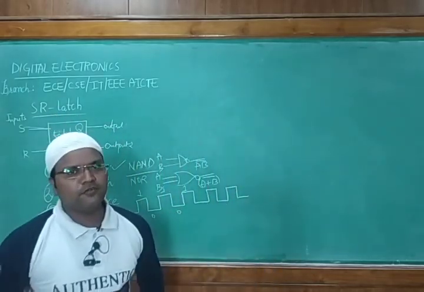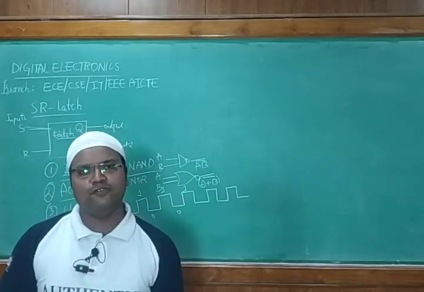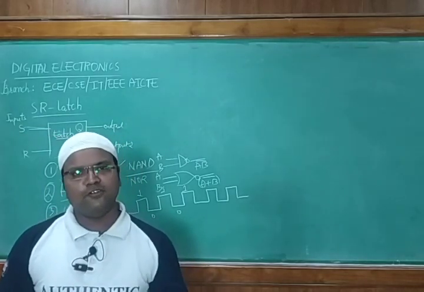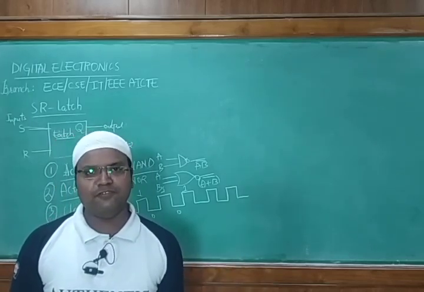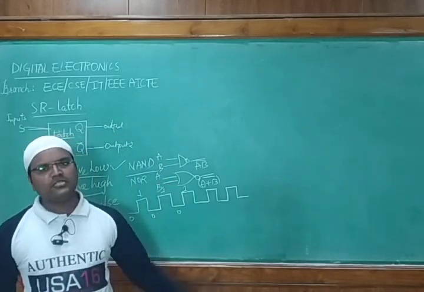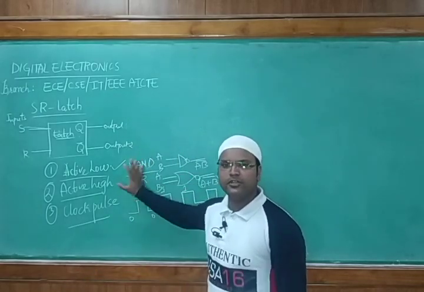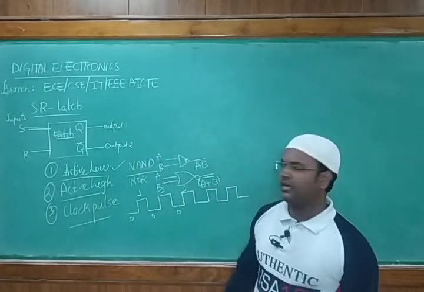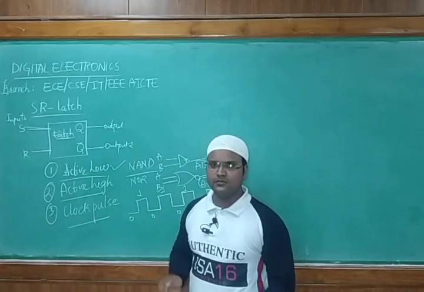In the sequential circuit we have talked about the SR latch, JK latch, and we have the flip-flops of it, the same version: SR flip-flop, JK flip-flop, data or delay flip-flop, and toggle flip-flop, T flip-flop. So there are four types of flip-flops we have. By using these particular latches we are going to design all these four flip-flops. So let us see how we design by using the first approach, active low.